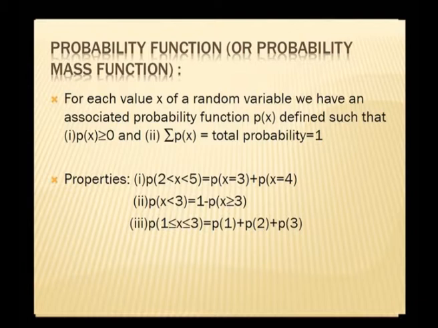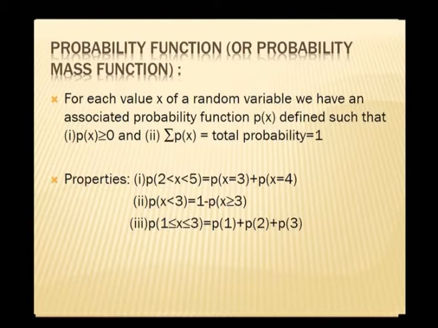And what are the other simple properties that we come across when we do problems on discrete random variables? First one is the probability that x lies between 2 and 5 is given by P of 3 plus P of 4. See, when I say between 2 and 5, I cannot take the end points, and whatever is in between, and that too it should be an integer. So, such a case will be P of 3 plus P of 4.